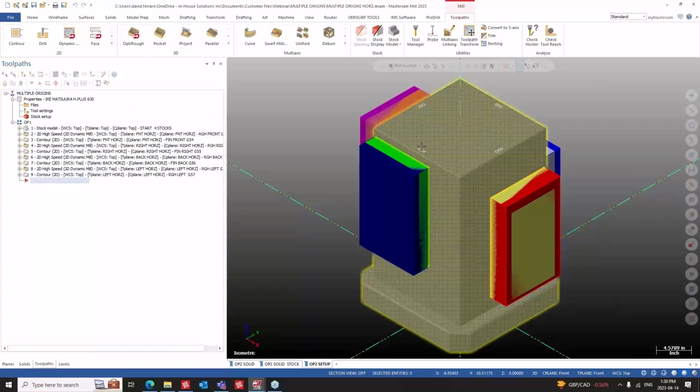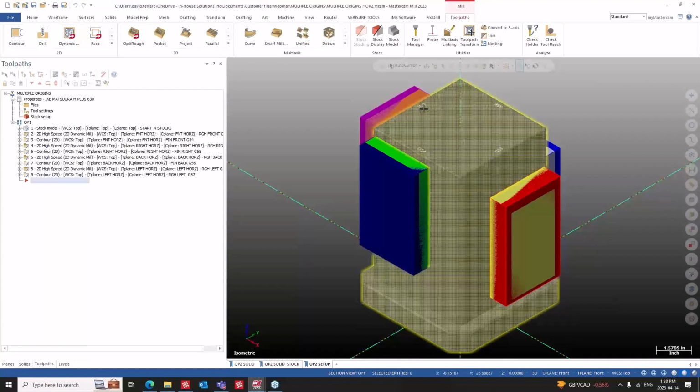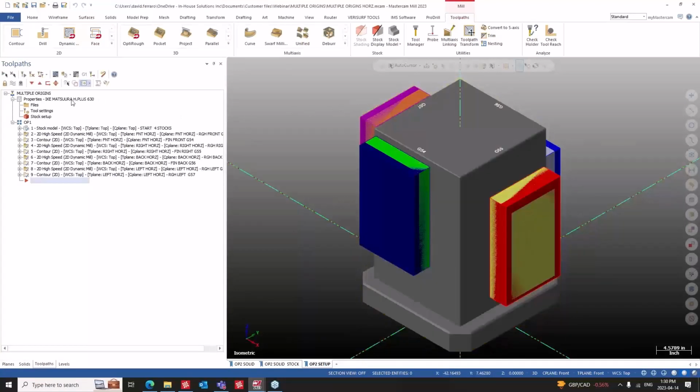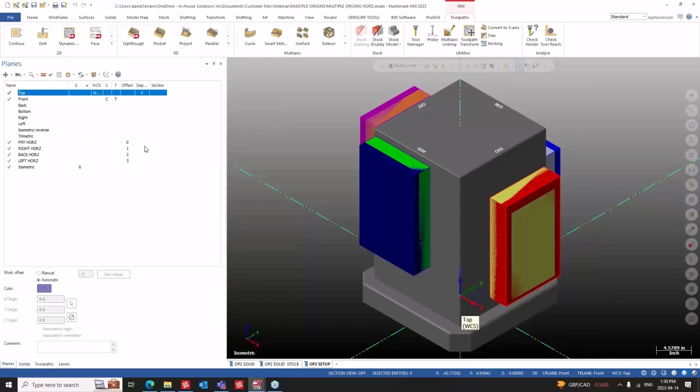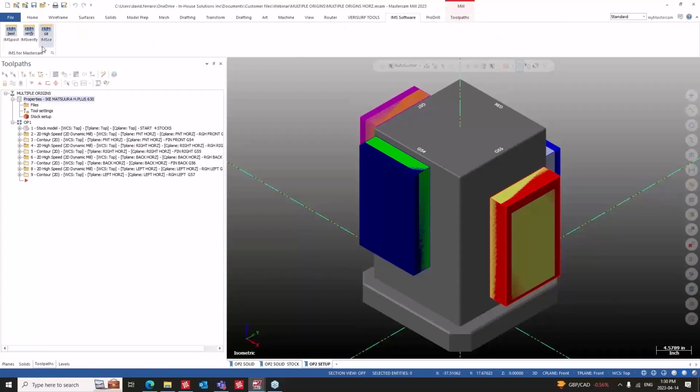So this setup here is using multiple origins. I'm using 54 all the way up to 57, and labeled up there, as you can see. We're using a Matsuura H plus 630 for this, so it's a horizontal. What I've done, I've made the G54s right there in the planes. So if we launch this straight into simulation,